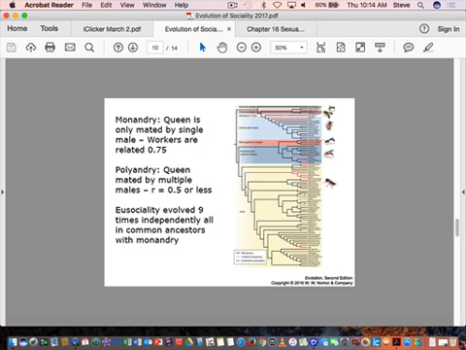In this entire group of hymenopterans, it's evolved 9 times independently, and it occurred in common ancestors with monandry. Okay. So this form of giving up reproduction, helping presumably your close kin raise their offspring, in the case of the queen, helping your mother and raising your sisters, has evolved 9 times independently in this group, but it doesn't occur in all of them. So